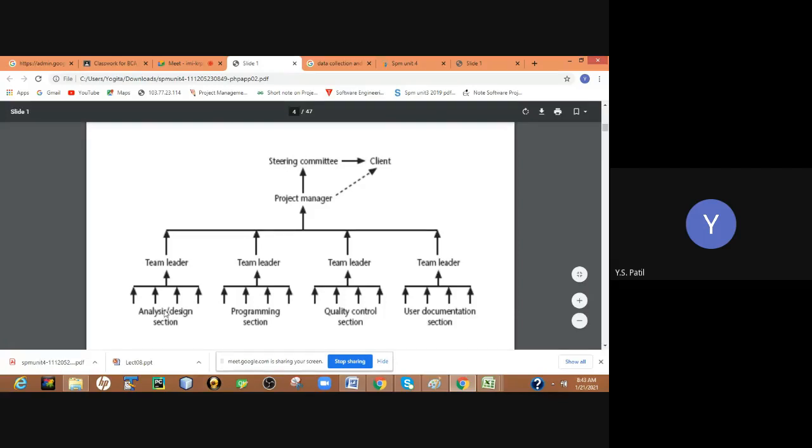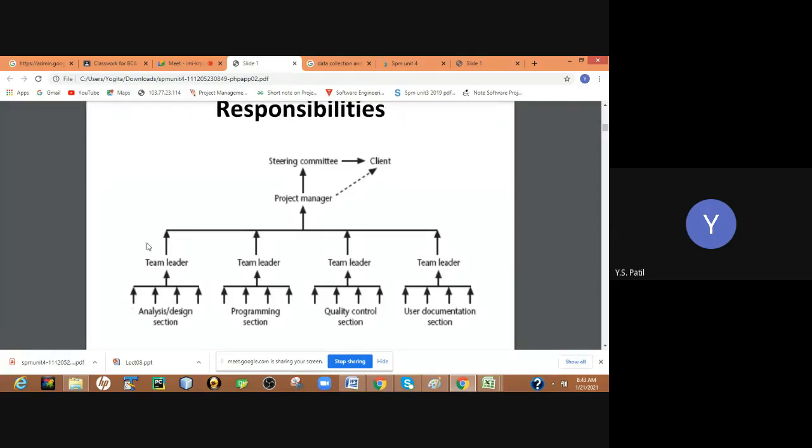See here, analysis and designing section. Analysis is one team. Programming means the coding, quality control, and user documentation section. Let's suppose these are the teams in your project, and the respective team leaders are there. All these team leaders of these different sections are responsible to report to the project manager.